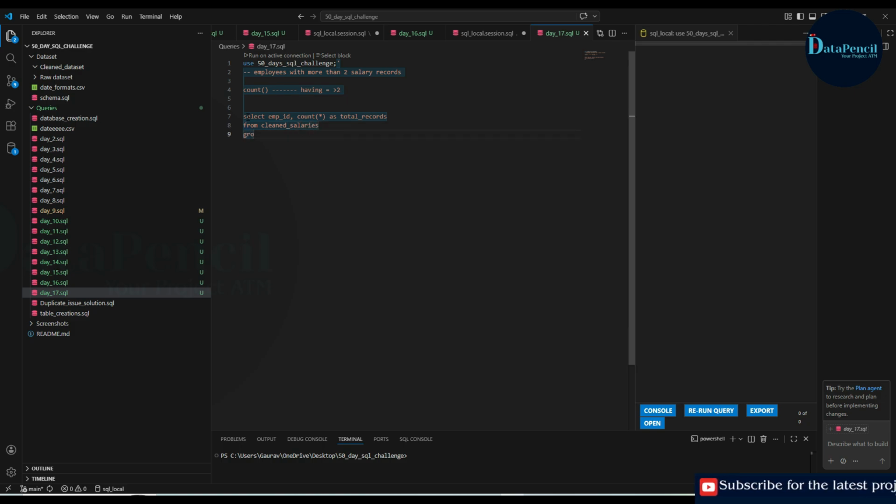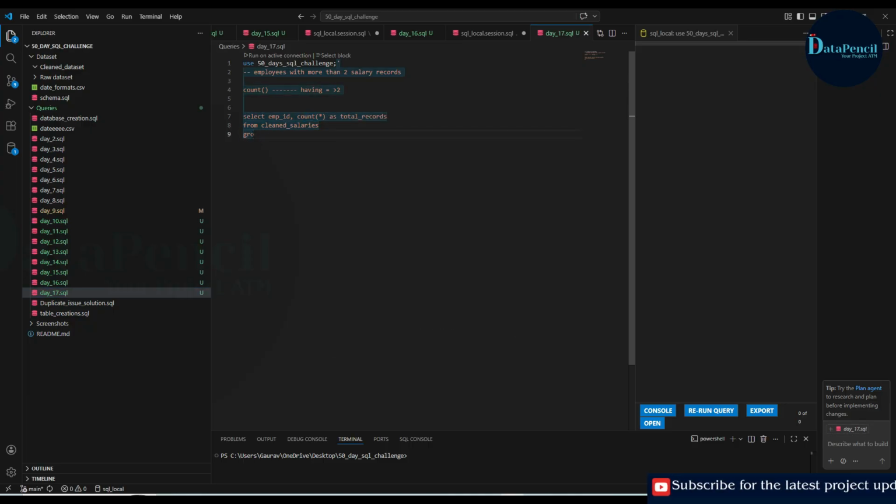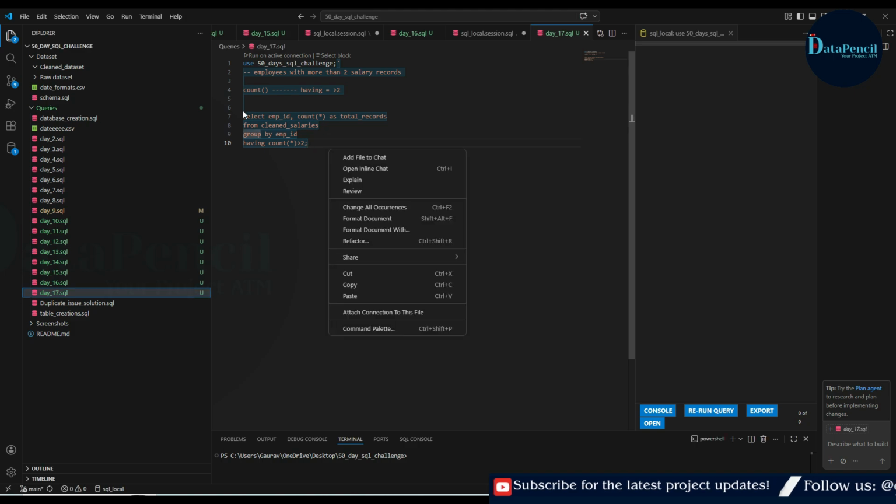We are counting the rows employee ID wise, so for that we are creating the groups of employees. Here we will write group by employee ID. Now show only those rows where this counting is greater than 2. This is it, right? Now let's run it.